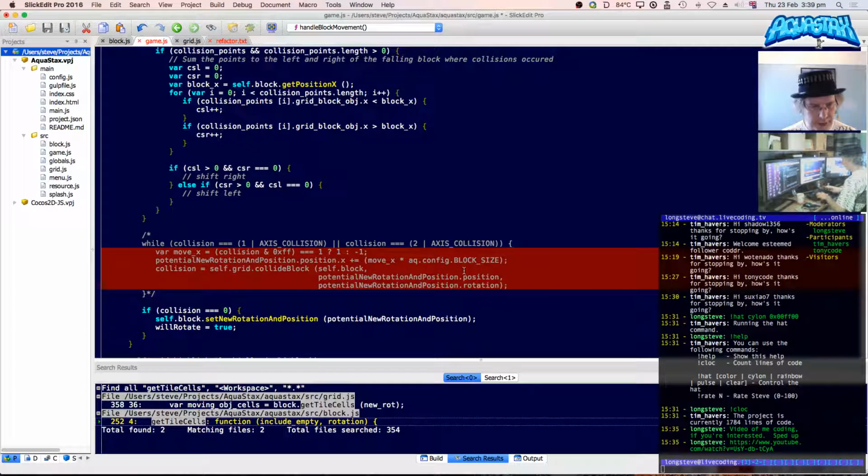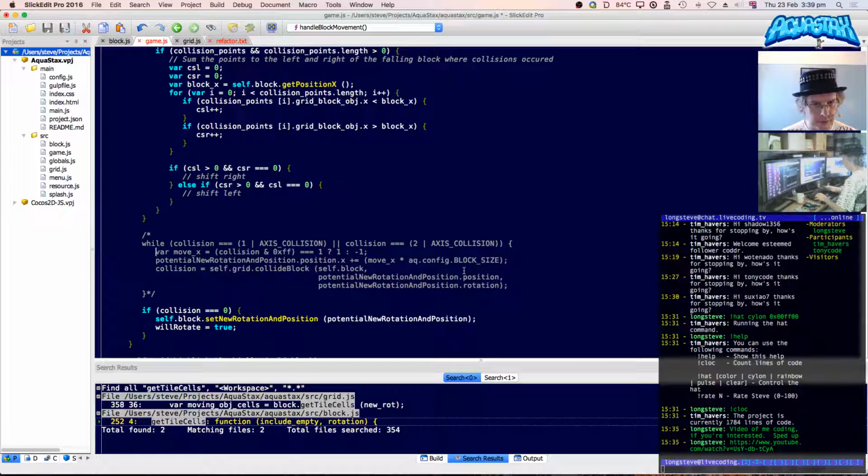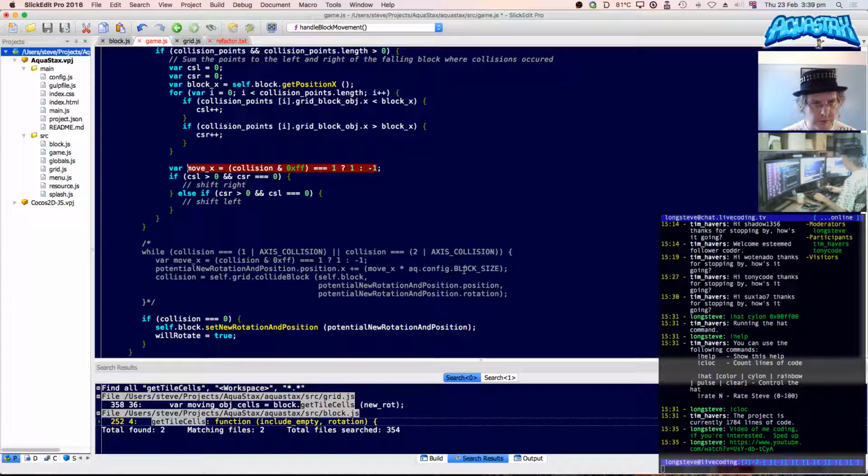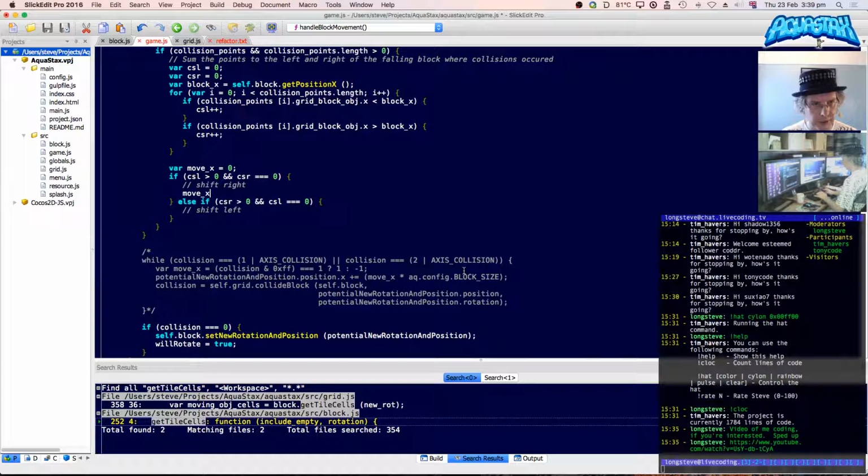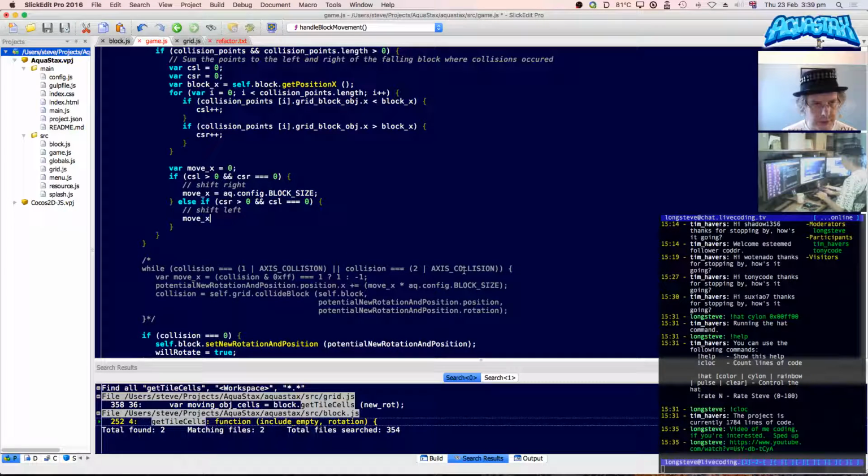We can do this bit of code here. So let's do move x is equal to 0, shift right, move x equals AQ block size, and left, move x equals minus AQ block size, and do this potential new rotation of.